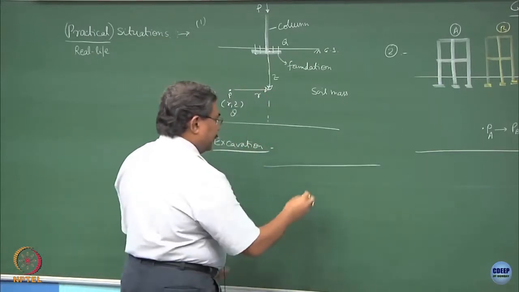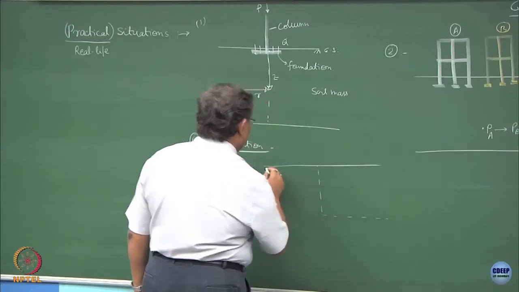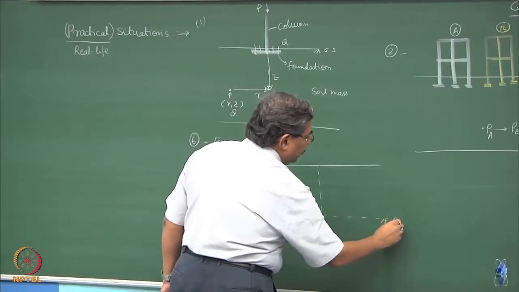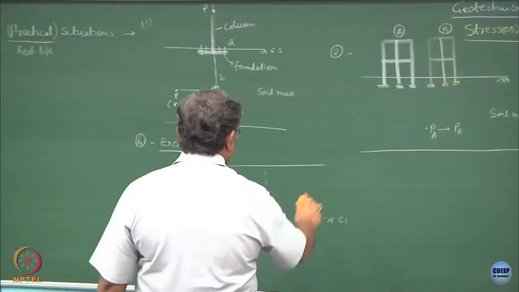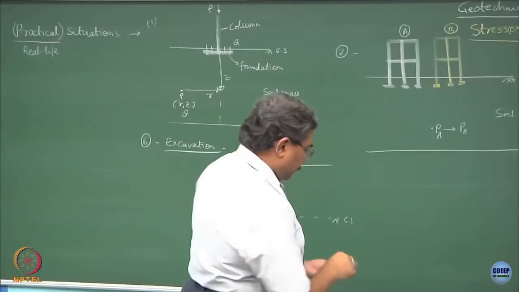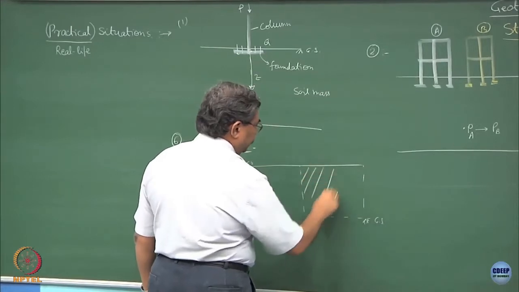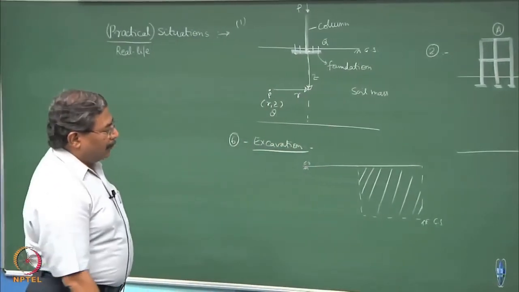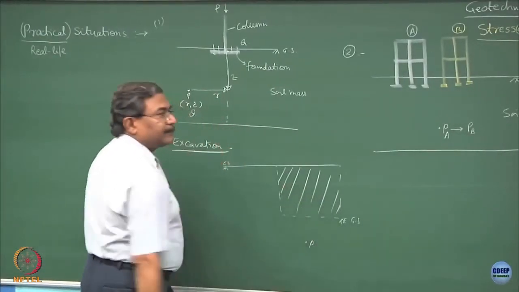I would like to excavate the soil and I would like to create a facility like this. So, this is the initial ground surface and this becomes the final ground surface. If I remove this much of the material, this much material has been removed, and I want to find out after removal of this material what is the state of stress at this point,